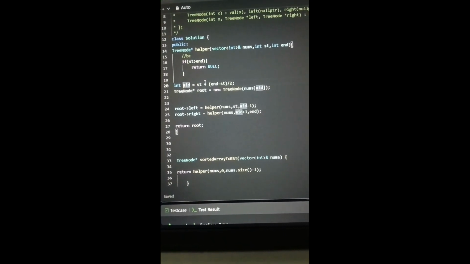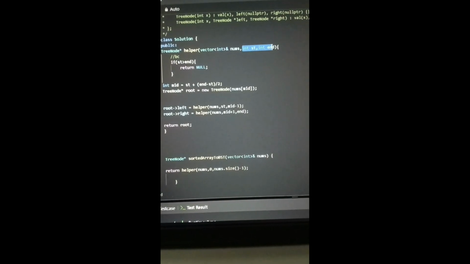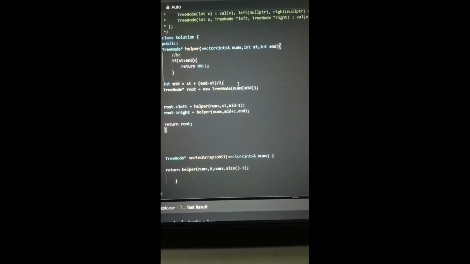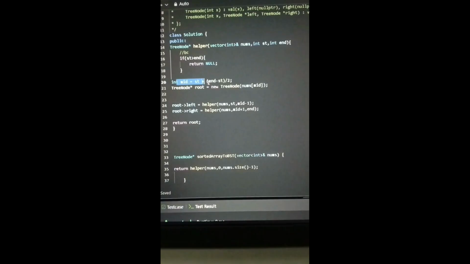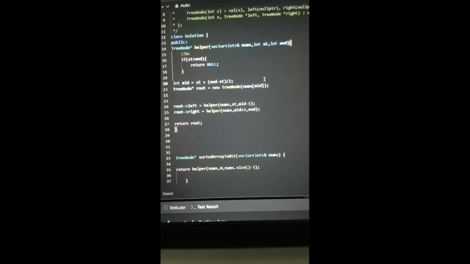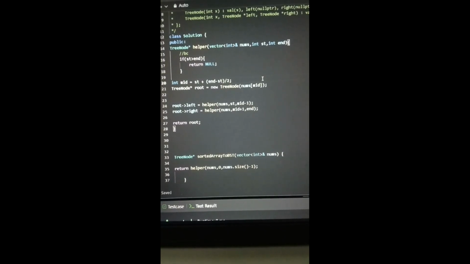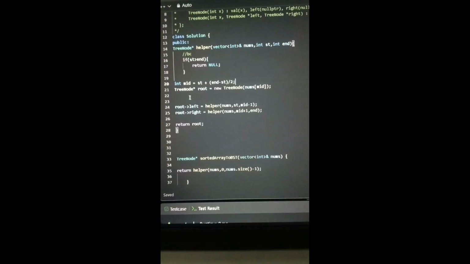And now, since this is a binary search tree question, binary search is coming. That's why we have to first calculate the mid. This is the formula that we have earlier studied in our binary search. Okay, so we have calculated the mid, and then